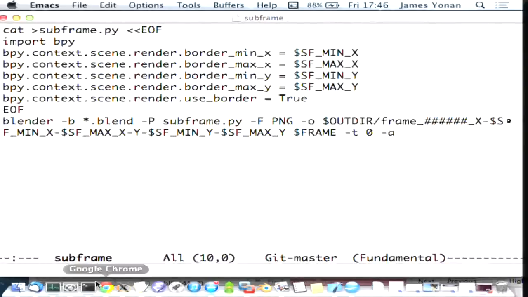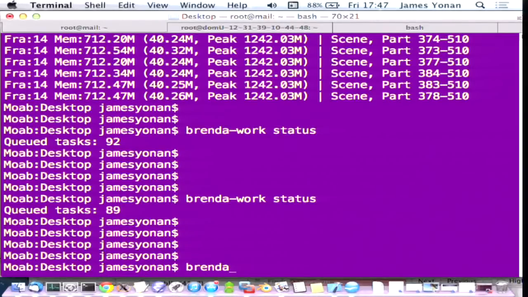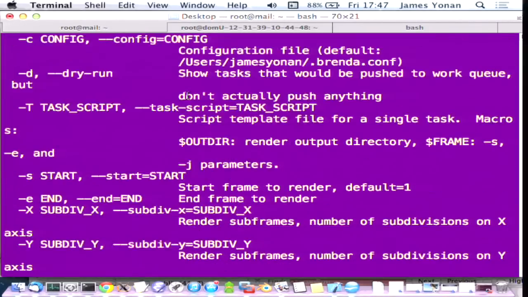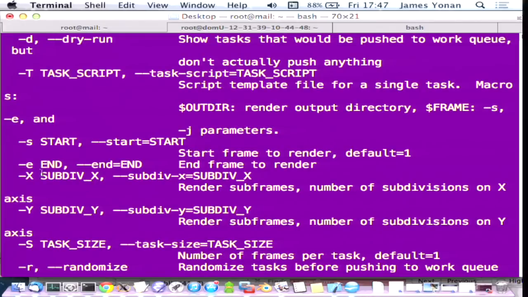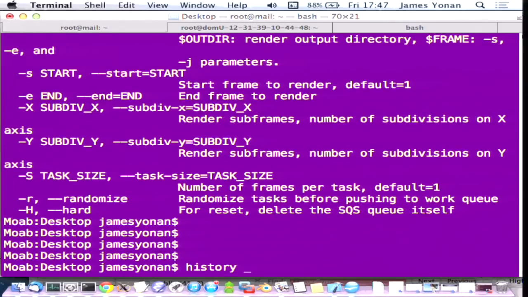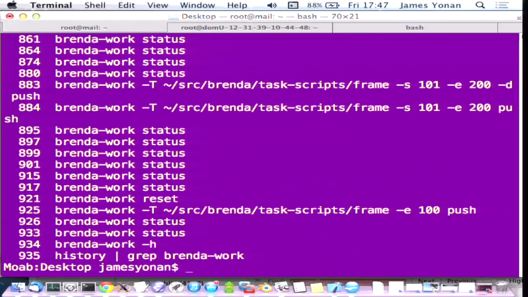And what we can do to take advantage of this using the Brenda tool, if I do brenda-work -h to get the help information. This doesn't format very well, does it? When you run the Brenda work command to stage your work queue, you can actually give it a subdivision x and subdivision y parameter. And what that does is it tells Brenda how many subdivisions to make on the x-axis and how many to make on the y-axis. So, for example, when we staged this initially,